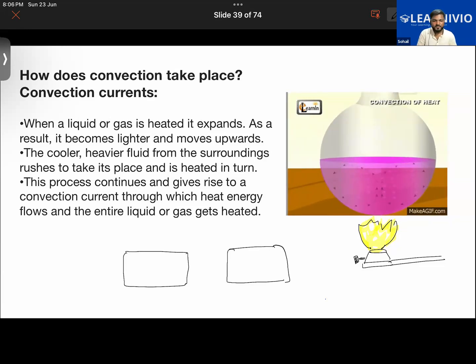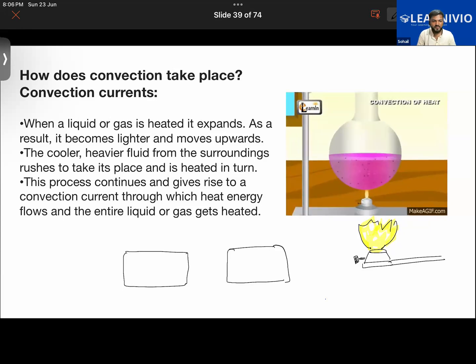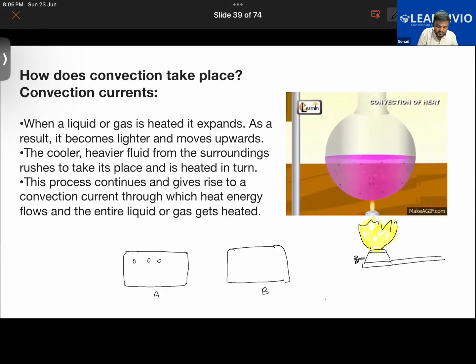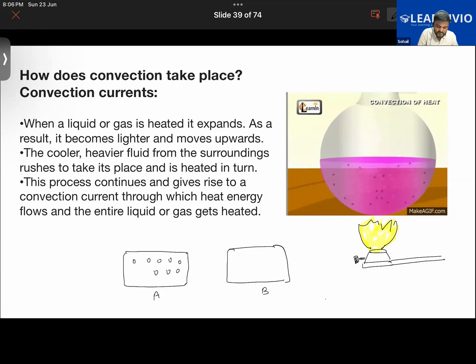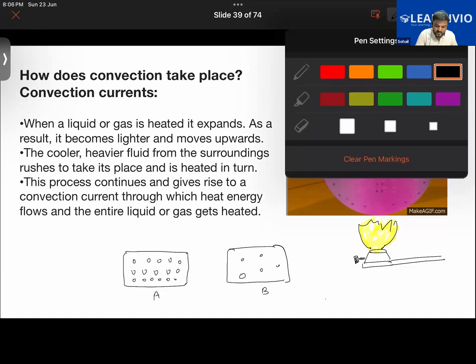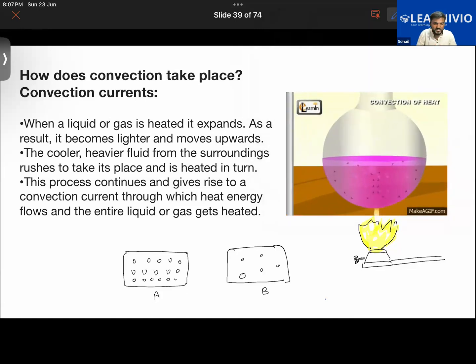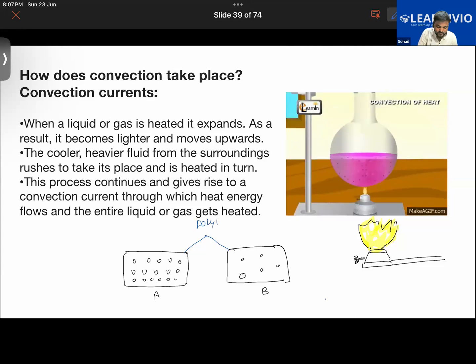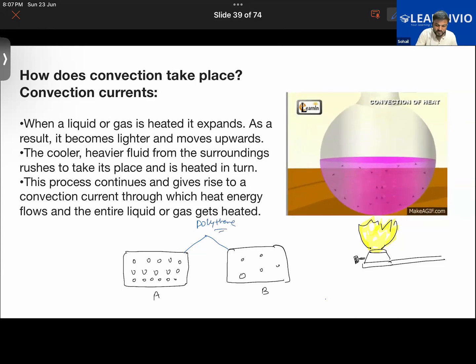See, what I was saying here. You have got two areas. Let us say you have area A, area B. Let us say that this is basically air, air of two different areas, for example. This is the number of molecules in this air, and this is the number of molecules in this air. Suppose you have stored this air into polythenes. Let us say this is a polythene bag.